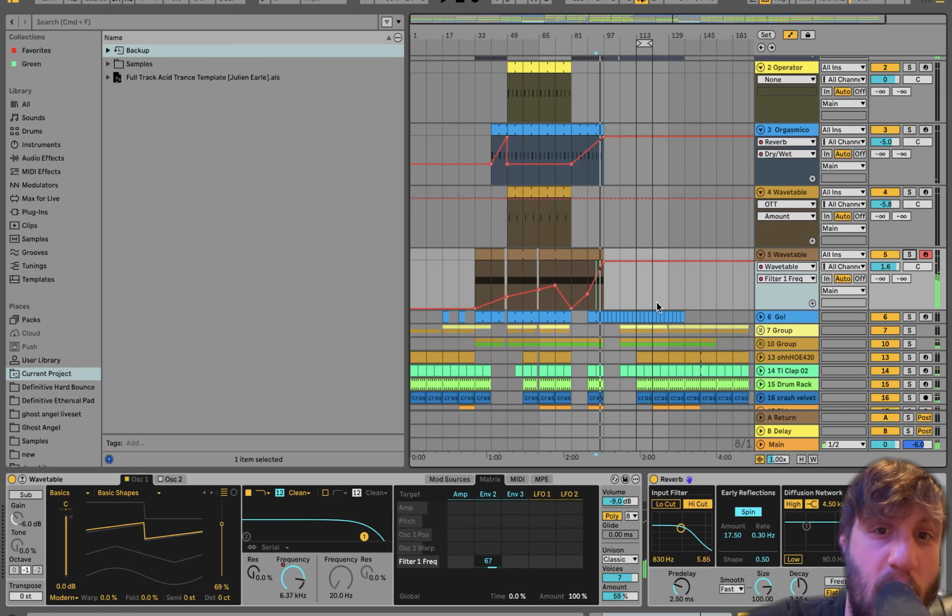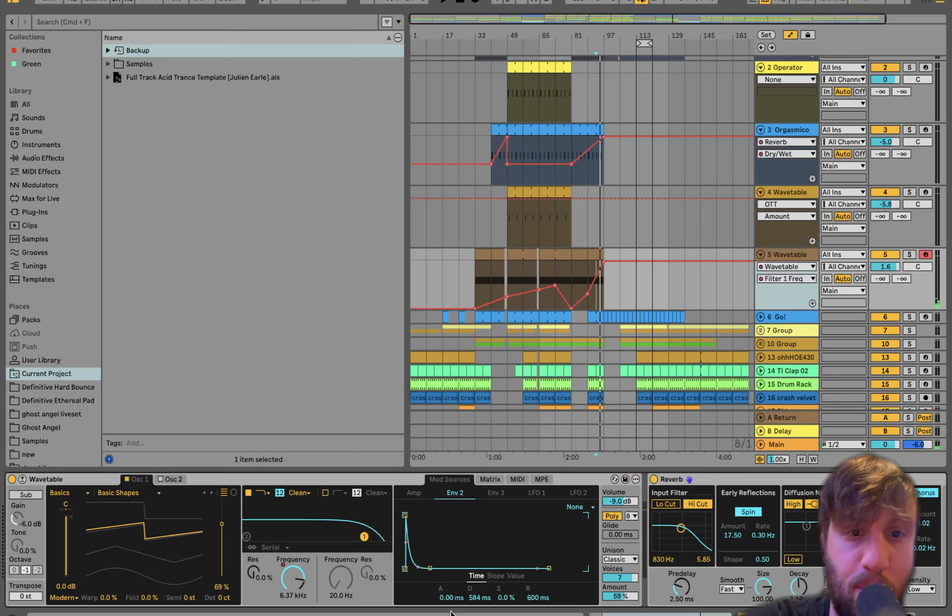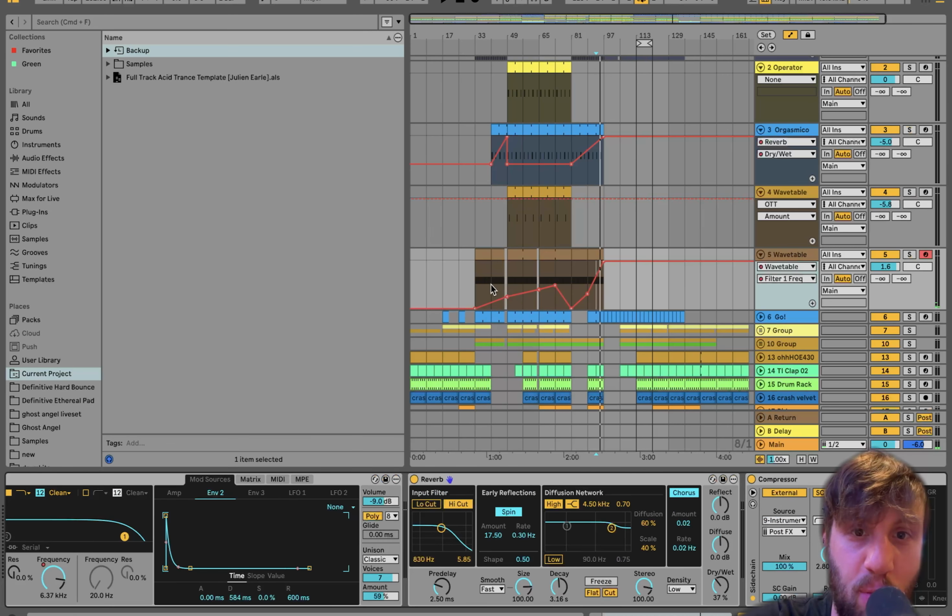To just give it a lot of movement throughout the track. Like you can see that filter pretty much never stays in the same place. As far as the sound, it's a saw wave, a bunch of unison, an envelope on the filter, like a really short punchy one, so it'll be nice and